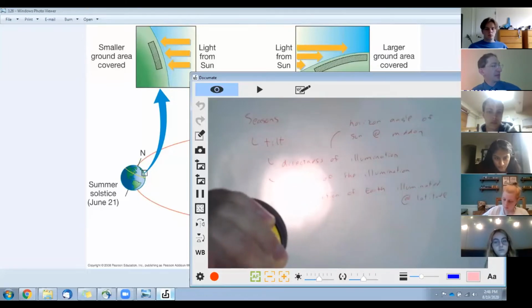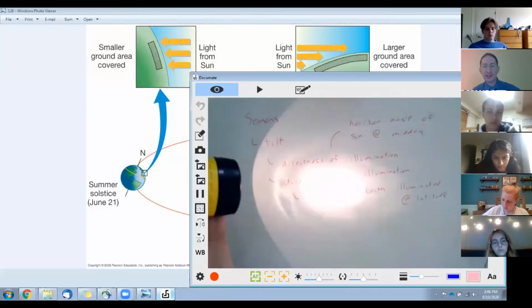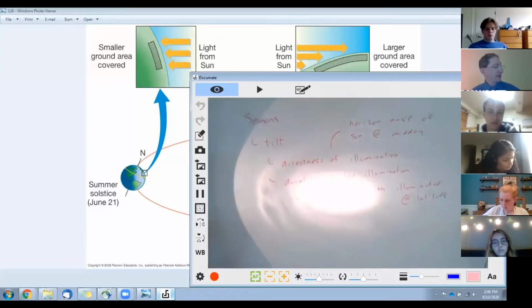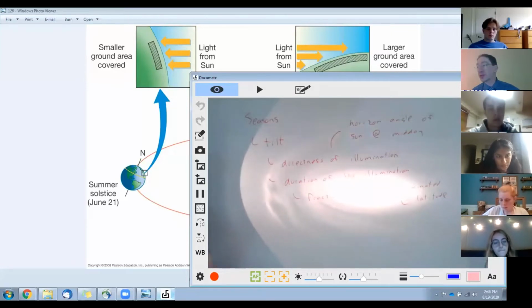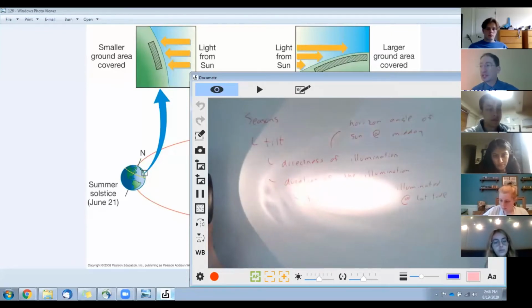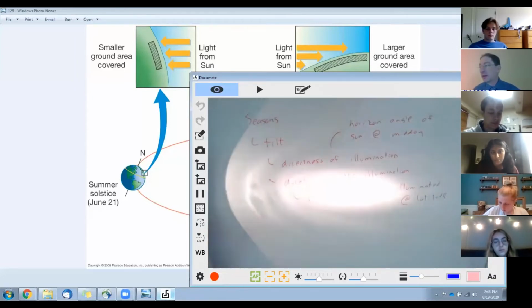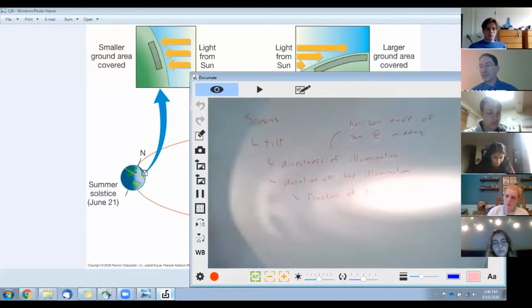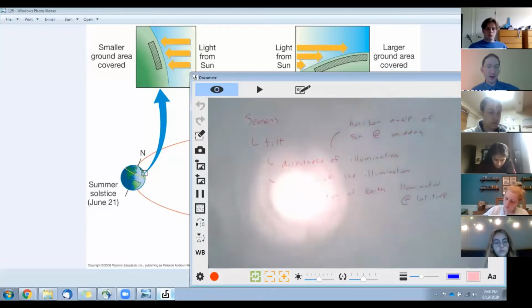Though sometimes at midday the sun isn't here, but it's down at a lower angle. We'll see this is the case in the winter months. And when it's at a lower angle, you see that energy is spread out over a larger area. Same amount of energy, but spread out over a larger area, so it's less energy per unit area. So if I'm living somewhere in here, I'm getting a lower concentration of light, and I'll heat more slowly. So directness has a big effect. It's all about that horizon angle.